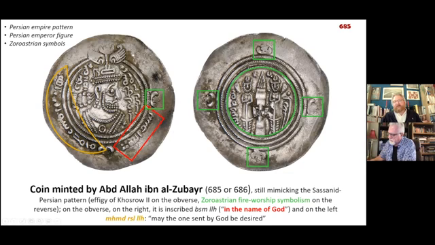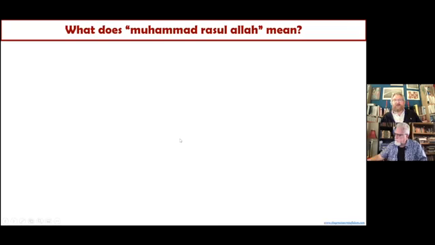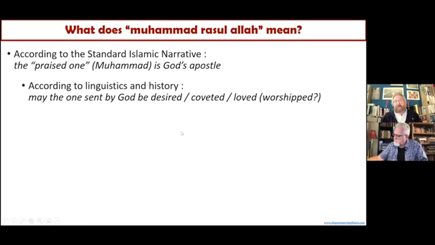But could it be an Islamic coin with all those Zoroastrian symbolics, and with the Persian emperor figure, and with the Persian empire pattern? I don't think so. I think, according to the linguistics that we saw before, and also history, as I told you, we have no other trace of Muhammad as being Rasulullah. I think here Muhammad is not a name; it is a title, and